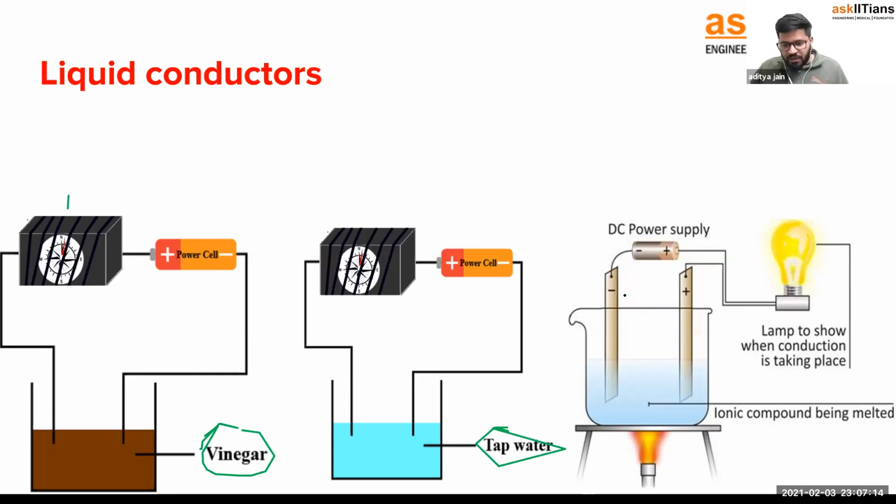What is here? You can see a battery here. There are two electrodes dipped in a solution. Now the bulb is glowing. You can use metal also. Liquids conduct less electricity, or liquids are